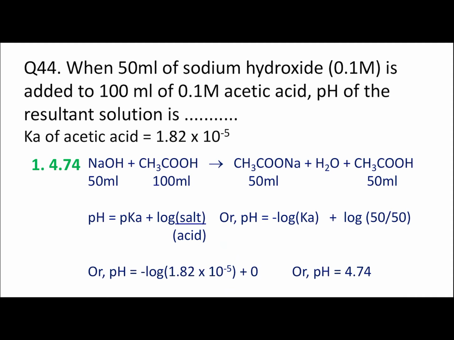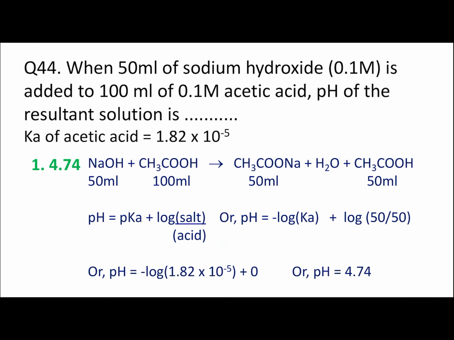How is the salt made? The salt is made from a weak acid and a strong base. This is the condition, and this is a buffer solution. And in this buffer solution, once again look at the concentrations. Sodium acetate contains 50 ml and acetic acid also contains 50 ml. Now these both are in equimolar conditions. Whenever in a buffer solution the salt and acid are in equimolar concentrations, the pH of the solution will be